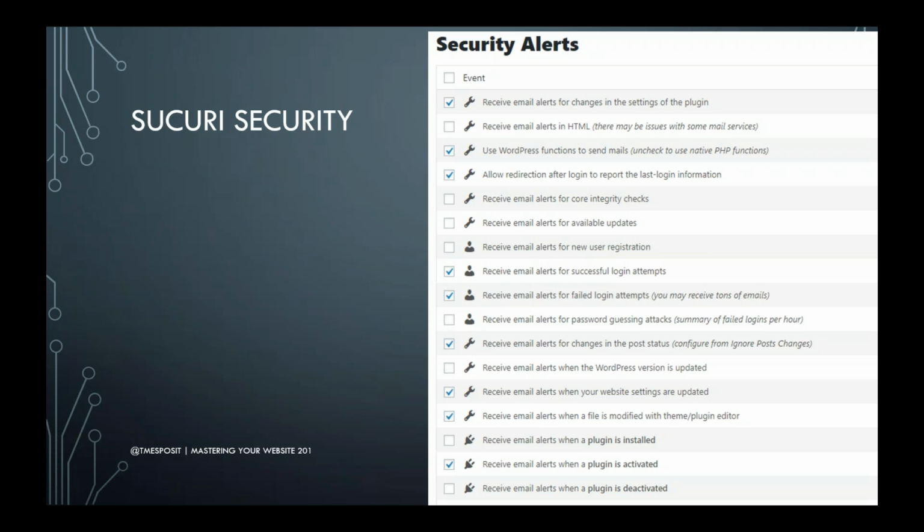You can also customize how you get security alerts. And there are a lot of ways you can get security alerts. You might want to say, oh, this is great, and you plug this in, and then you find that you get like 10 emails a day or more because something happened or someone signed in or failed login attempts if people are trying to hack your site. So you might want to come through and review this after you have it running to make sure that you're getting the notifications that you really want, so you don't lose what you're trying to gain just because you're being inundated by a deluge of messages from the security system.